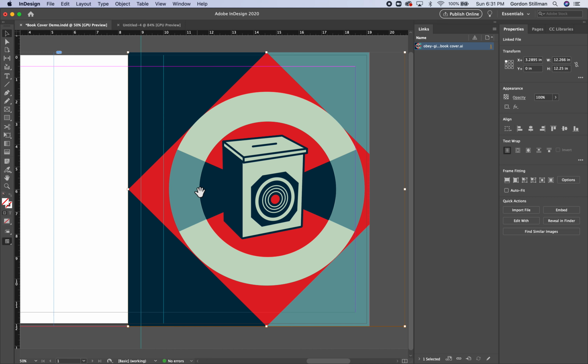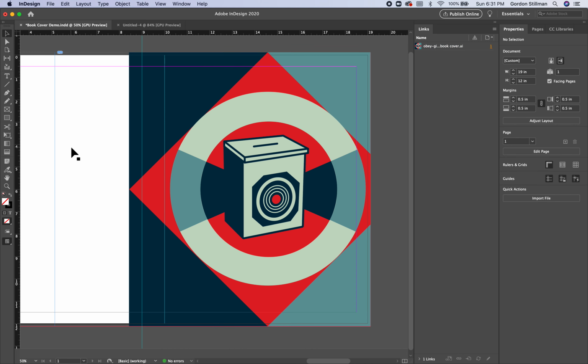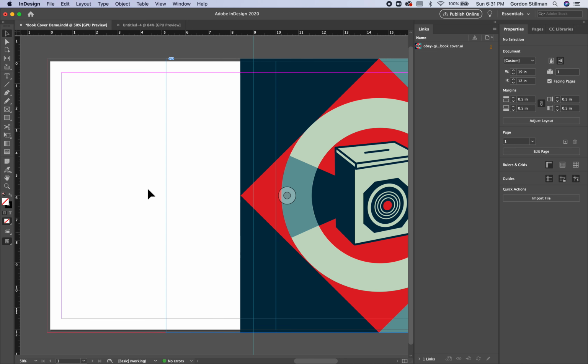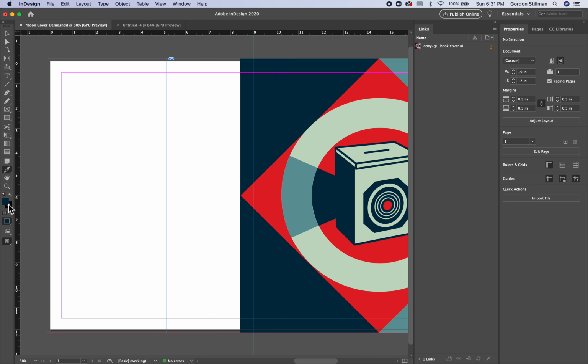Now, I don't want to change it like that, but we'll go over the change a little bit more in a second. Now, the next thing I'm going to want to do is make my back cover here the same color as this. So I'm going to go ahead and click on my color picker tool. Now I can click on the eyedropper tool, but in this case, the eyedropper tool picks a specific color, right? And so then I have that color here, and then I can go ahead and draw my background box,